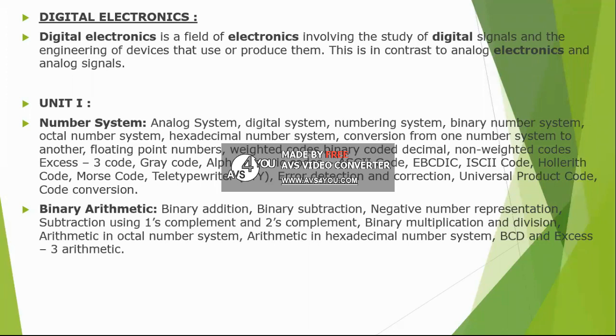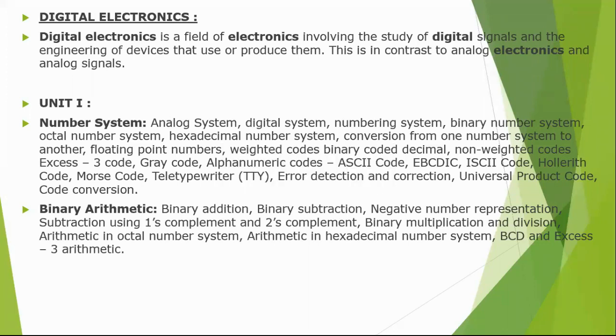First we have binary addition. Then we have binary subtraction. What is a binary number? See, in binary we have two inputs. First is 0 and the other is 1. So binary means two values and unary means a single value. Binary involves two values and unary means a single value.